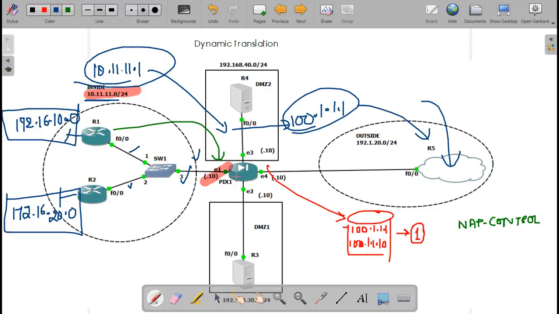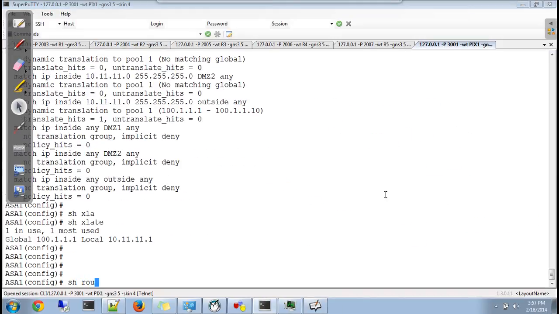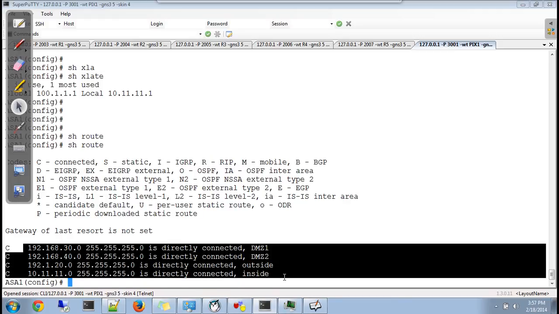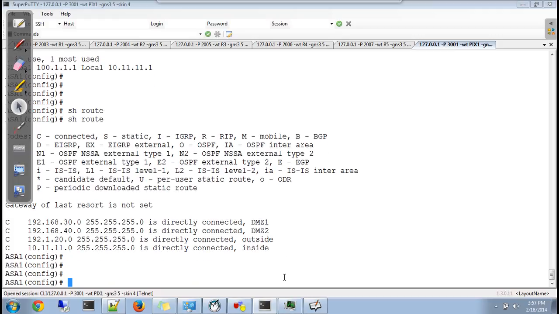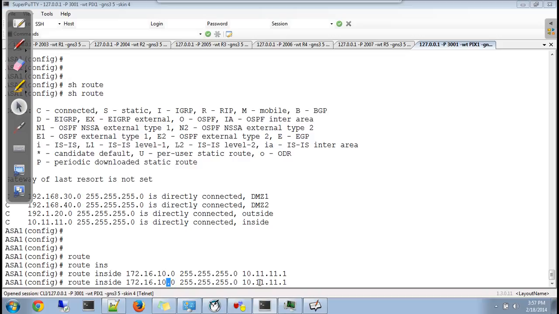If you go to the firewall and check the routing table by saying show route, you would see it doesn't know anything about network 172.16. For that reason you need to add a route. So for that I say route inside for network 172.16.10.0 255.255.255.0. For this, send the packet to R1. Loopback 172.16.10.1 is behind R1, so send your packet to R1 10.11.11. And for 172.16.20 send your packet to